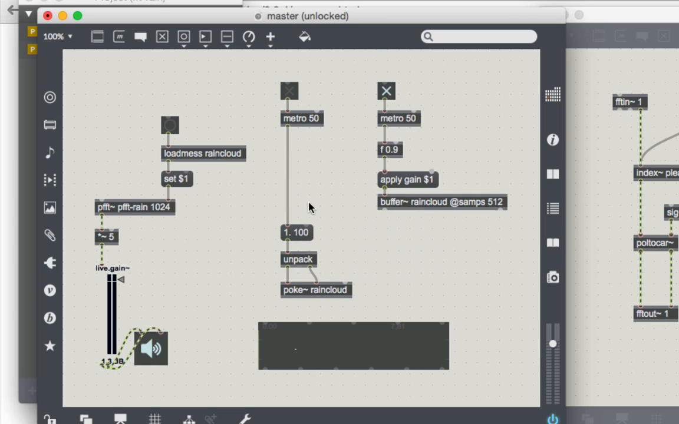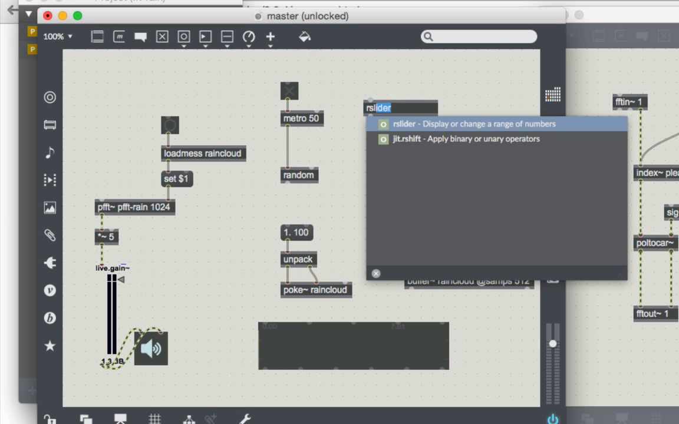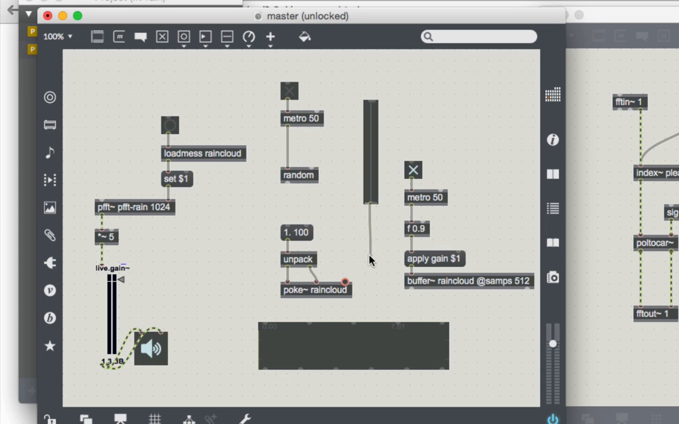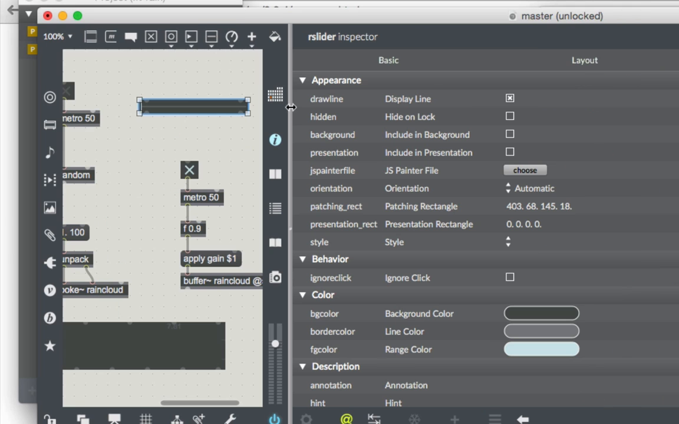Maybe instead of writing to just one particular bin index, we could write to sort of a random range. Why don't we do that? So let's make a random object so this metro can pull random values rather than just a particular bin index. And let's make an R slider so that we can pick a range of values that we'd like to select randomly. And because there are 512 bins in this buffer, let's open up the inspector for the R slider and